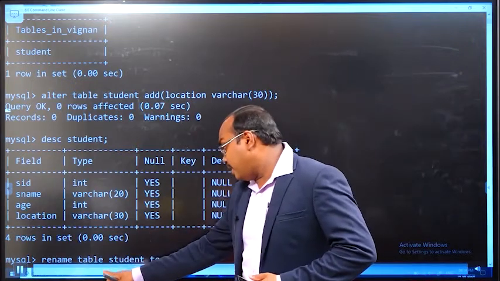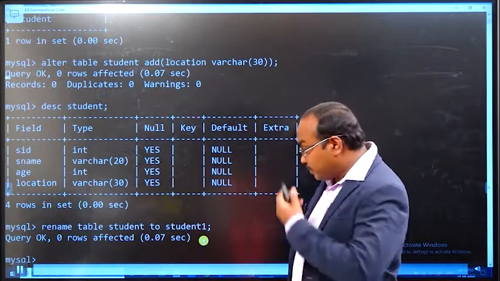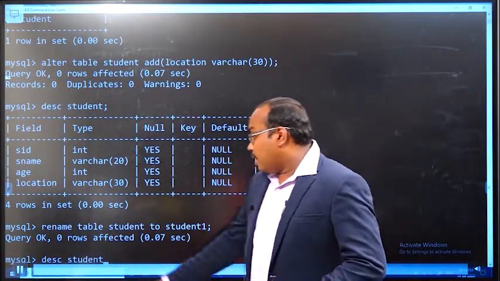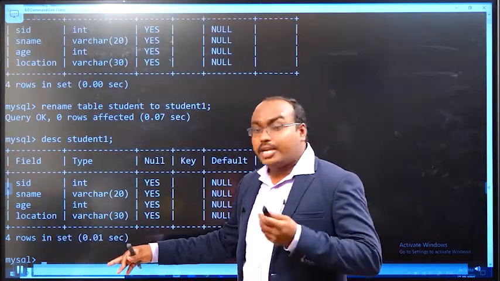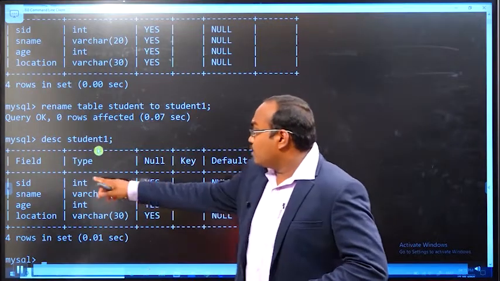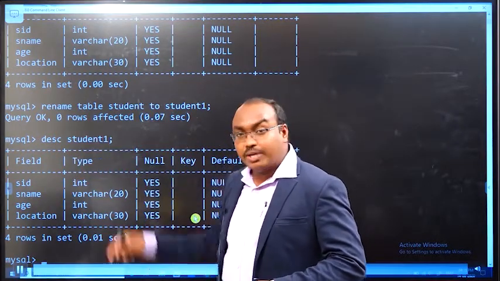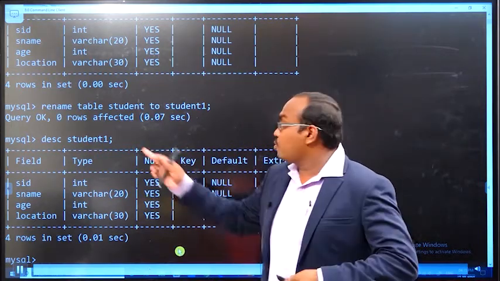So RENAME TABLE old name TO new name. Just press enter. Description of the new table, I am checking what the new table name is. DESC student1. This is my new table name, so the table name is changed from student to student1.